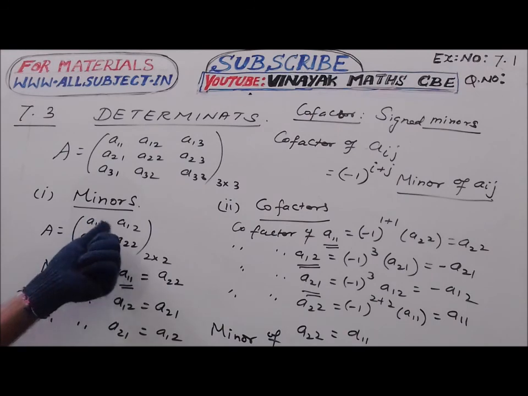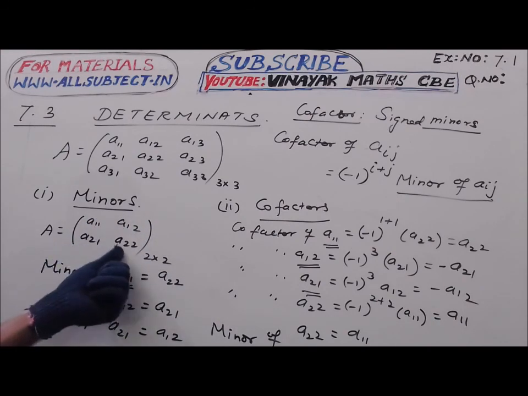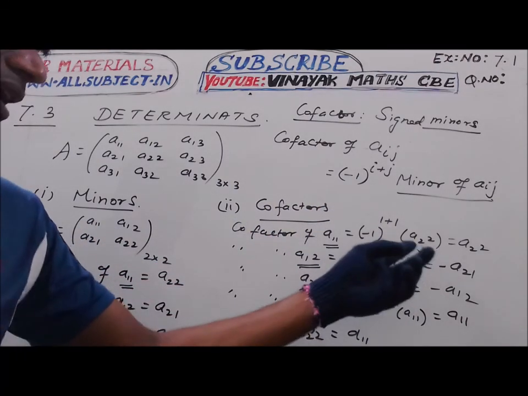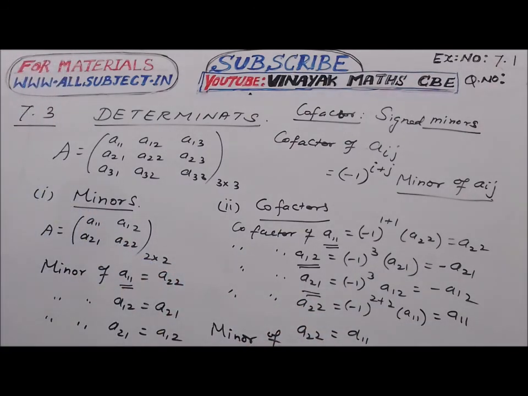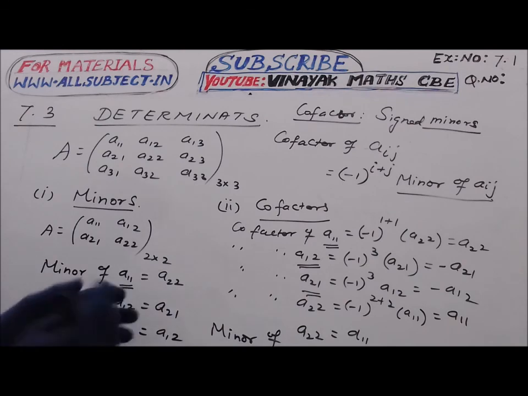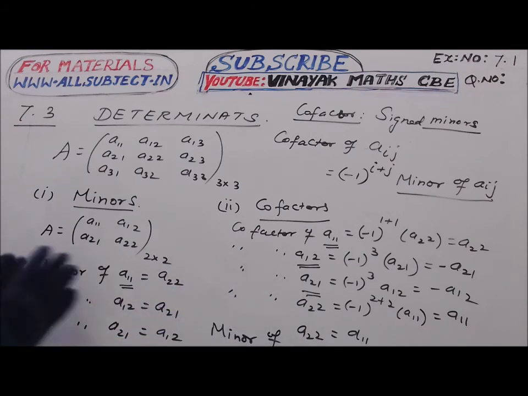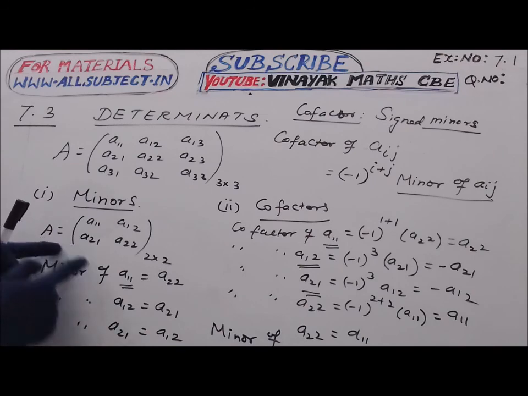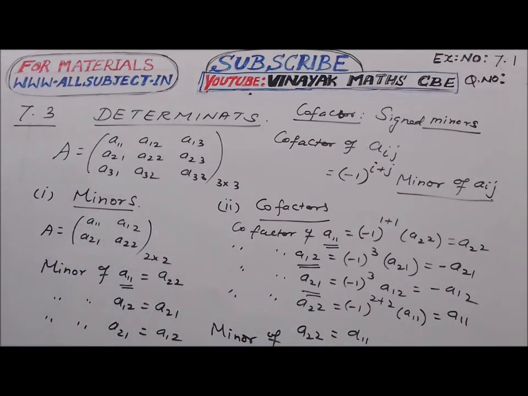A11 is first row first column, A12 is first row second column, A21 is second row first column, A22 is second row second column. Using the place value, we add a sign to the minors and they are converted to cofactors. So cofactors and minors vary by sign according to their place values. That's all. This is known as the cofactor. We have completed this only for 2 by 2 matrices. This is the way to calculate the cofactors of the elements present in a 2 by 2 matrix.